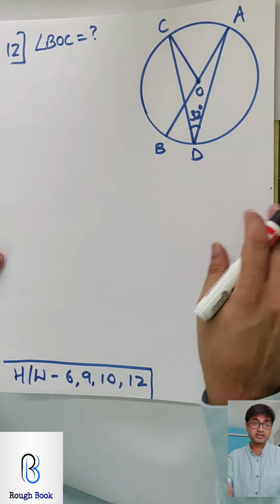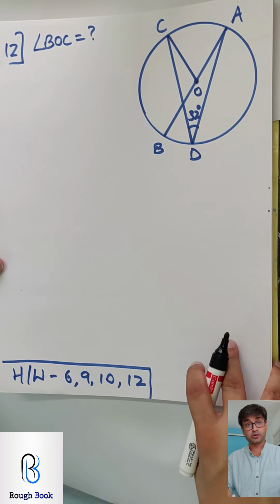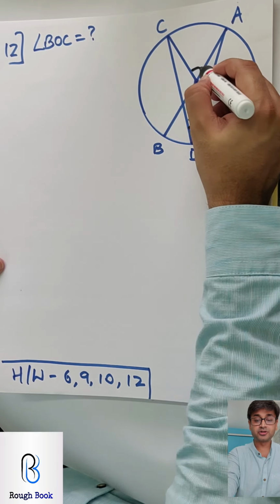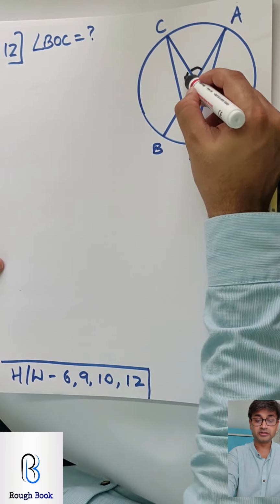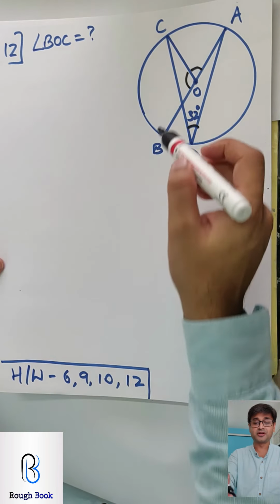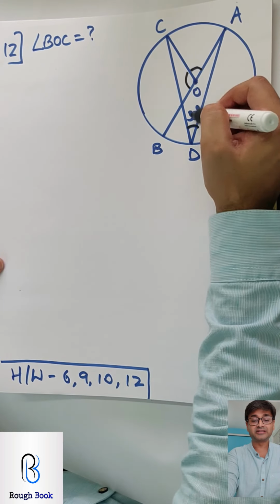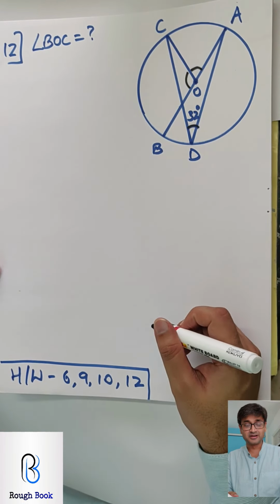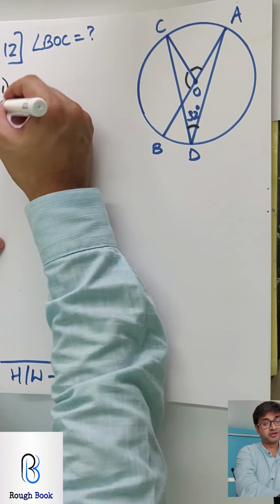Come on. Can you get this last sum at least for me on your own? And if you get it, write it in the comment section. This is 32. Your target is to find this one. Sorry, not this one, this one. So I've given you the clue already. From here you come here, center circumference, and then linear pair, and you get BOC. Simple one, isn't it? Come on, write it. I thought I would not give you the clue.